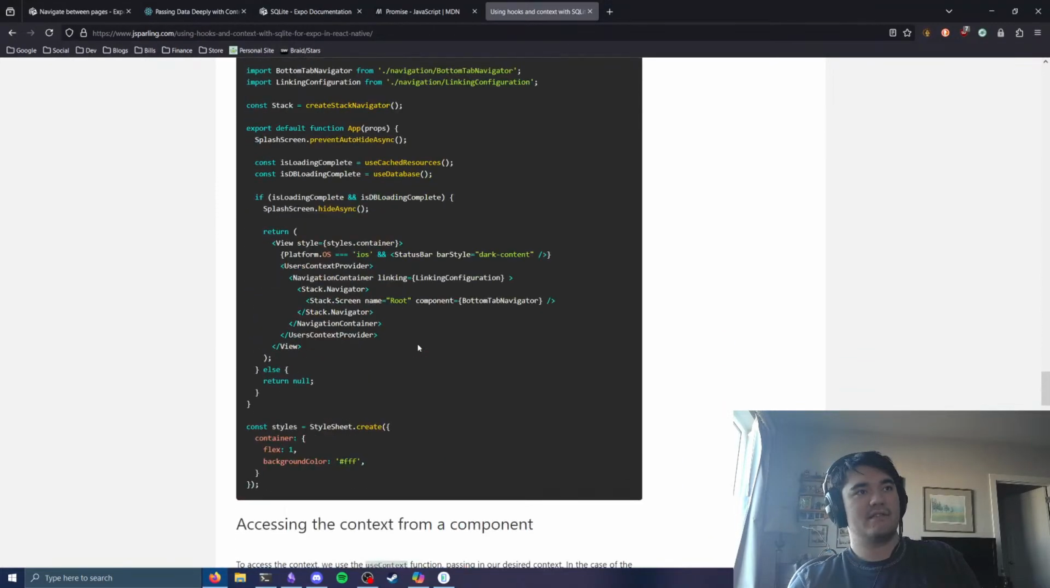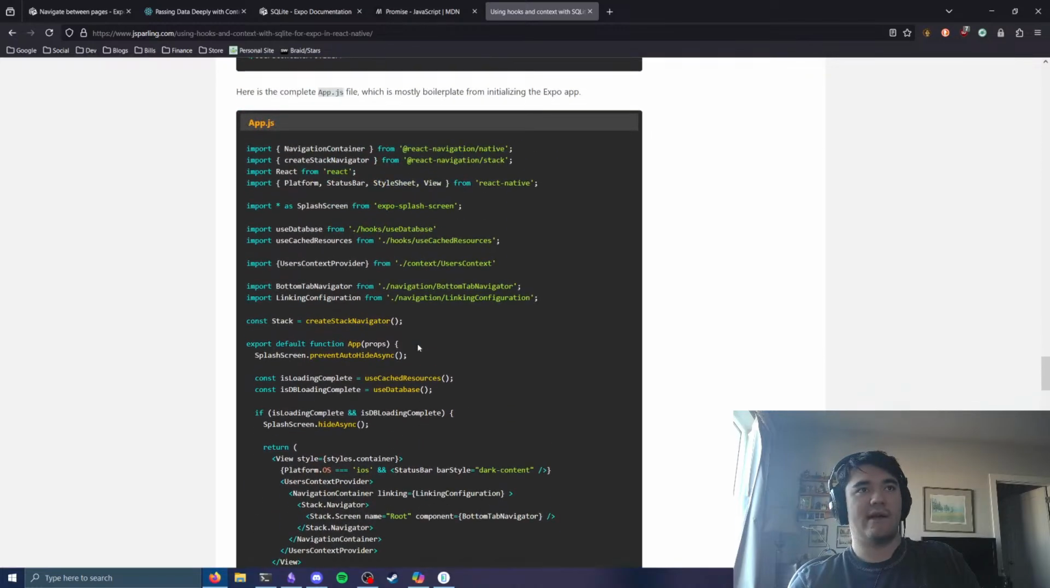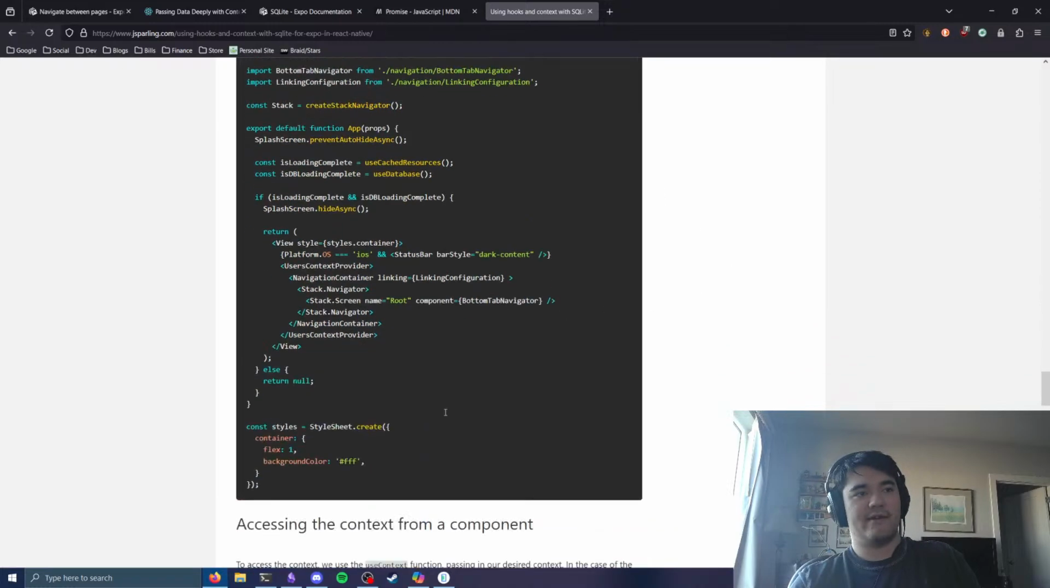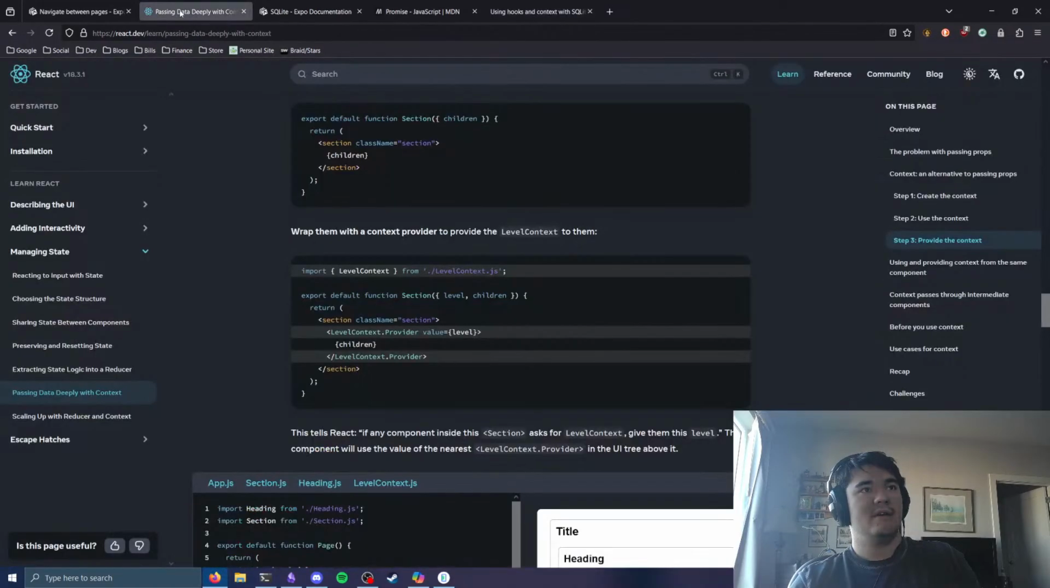I don't quite understand how to do that right now, because I think Expo Router, yeah, he's using React Navigation. I think Expo Router is forcing some different behavior into what's going on here, so we might have to